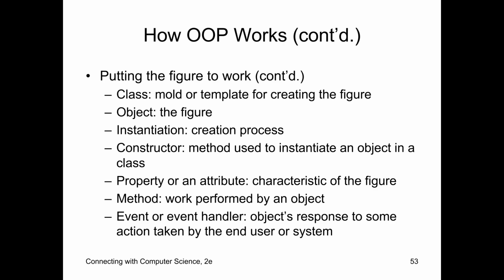The constructor is used to instantiate the object in the class, meaning that when you instantiate the class, you can use a constructor to say, I want this mold to be created, but I want it to be created at 150 degrees. Or I want this mold, it's the same mold, to be created at 175 degrees. The property of that object is the color of the plastic, in this case. So now I'm going to construct this, instantiate this process, and set a constructor with it, and I'm going to set its property, and then I'm going to